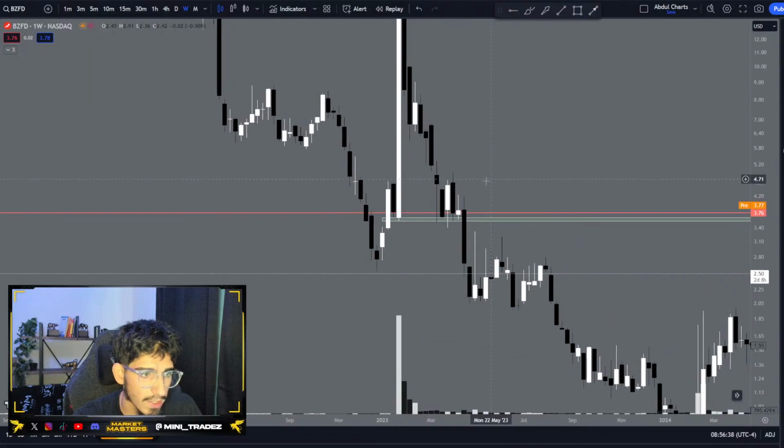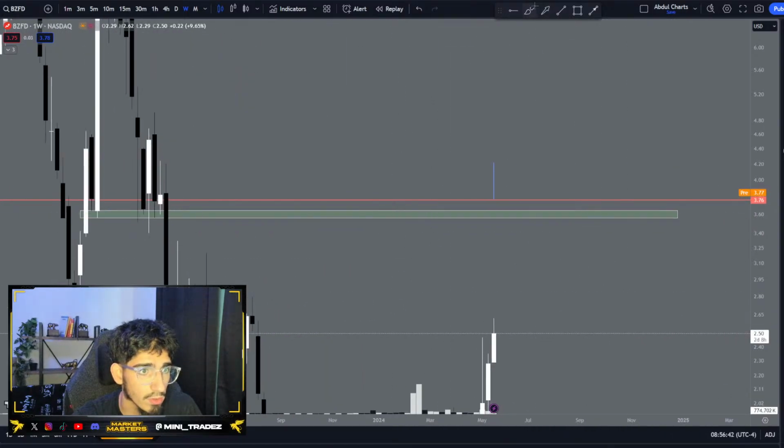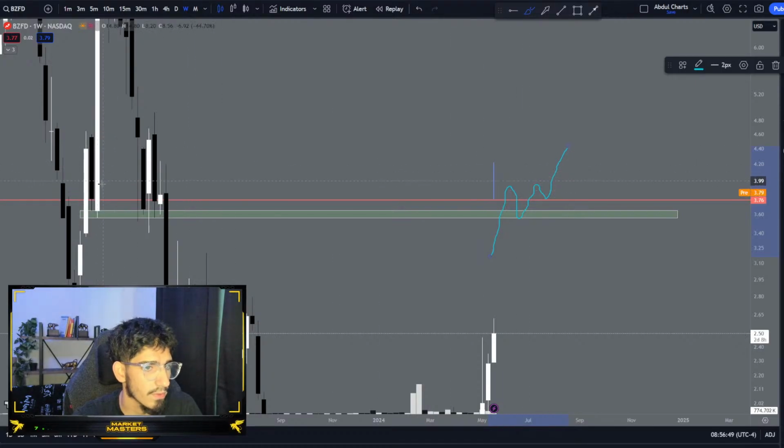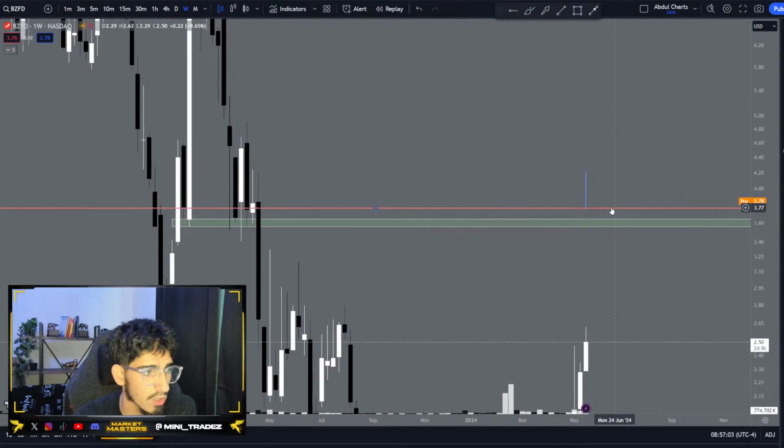Now, why do I like it? Well, it's in this zone again. We have now broken out and retested into this zone. So do I think it's done? No way, simply because this zone is super strong and had such a massive move to the upside, so much potential. That's why I added this 360 dip, and that is why I have this key level candle close here, in which once we start closing over 376, we have room back up to 439,